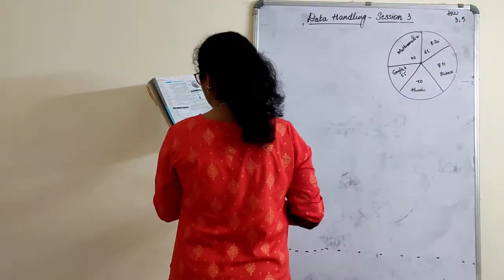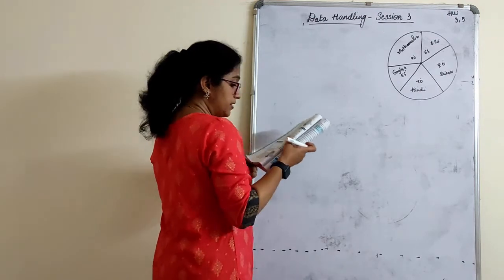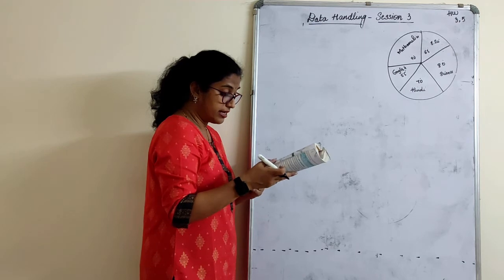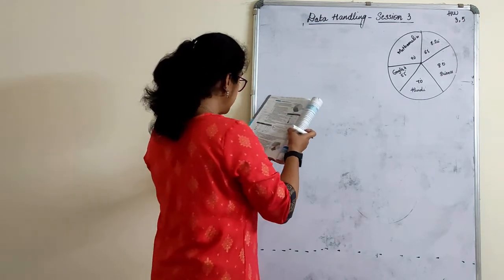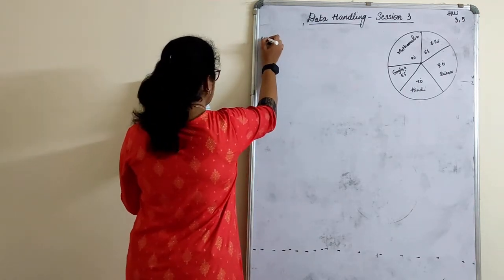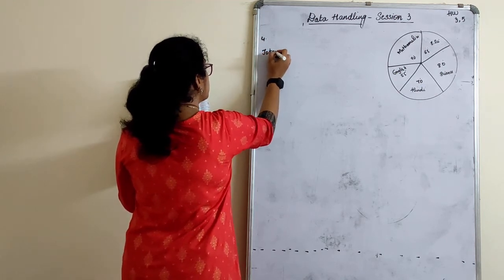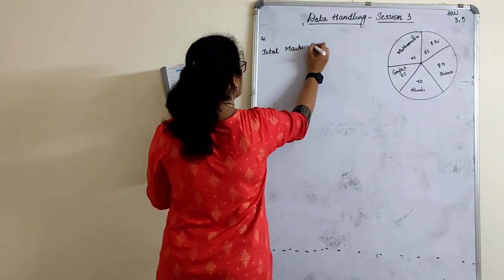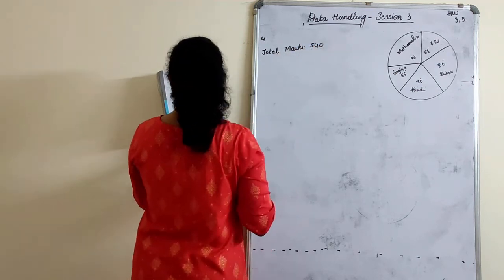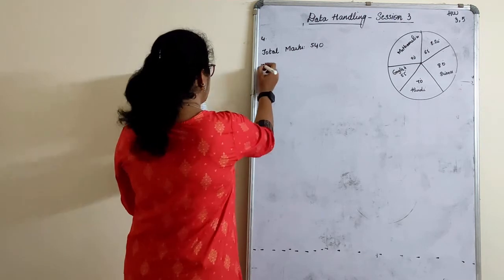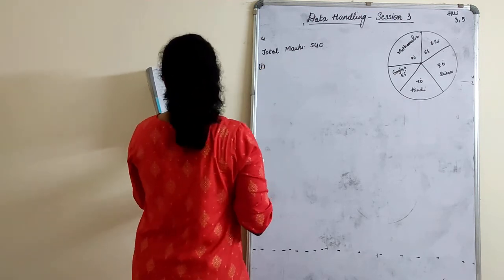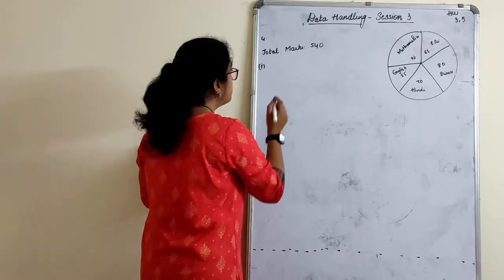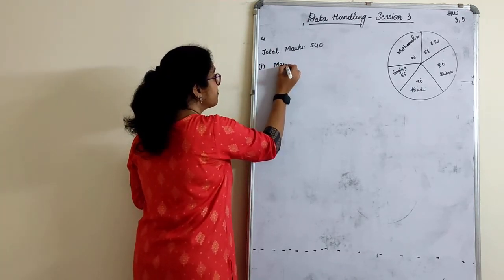Okay. So the adjoining pie chart gives the marks scored in the examination by the student: English, Hindi, mathematics, social science and science. If the total marks obtained by the students were, you just make a note of this, total marks obtained by the students were 540, answer the following questions. In which subject did the students score 105 marks? In which subject is it 105?